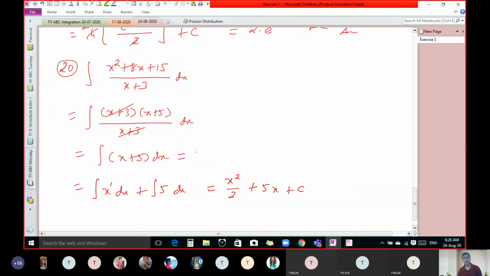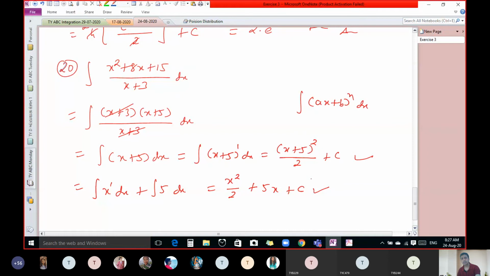Like you want to solve this question like this: x plus 5 raised to 1, and use the formula integration of ax plus b raised to n. Now you are talking about this, right? Yes sir. Okay, so now do the same thing. No problem at all. So this is your answer. Either you can write this answer or this. Both are the same answer.